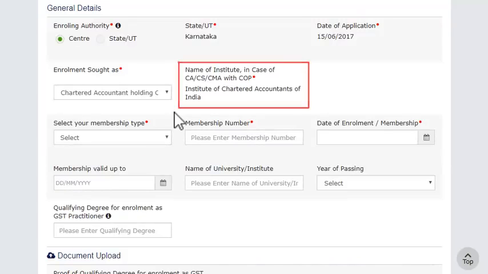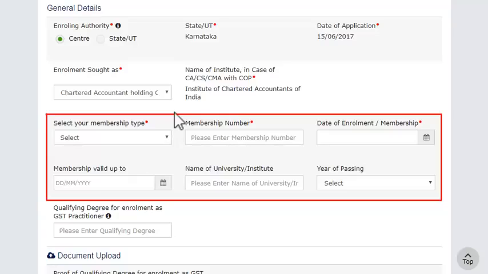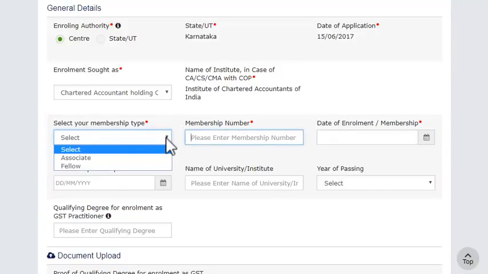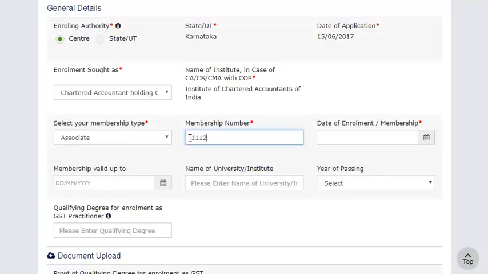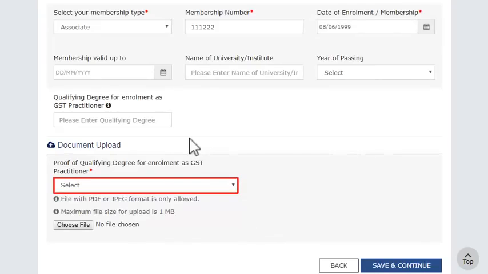In case of CA or CS or CMA, enter the membership details including membership type, number, and date. Upload a document supporting your qualification or proof of you being a retired government officer.